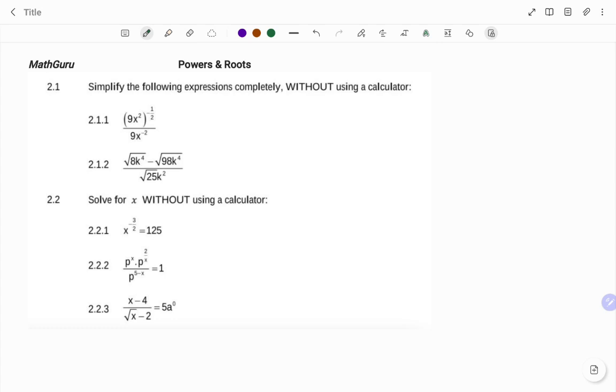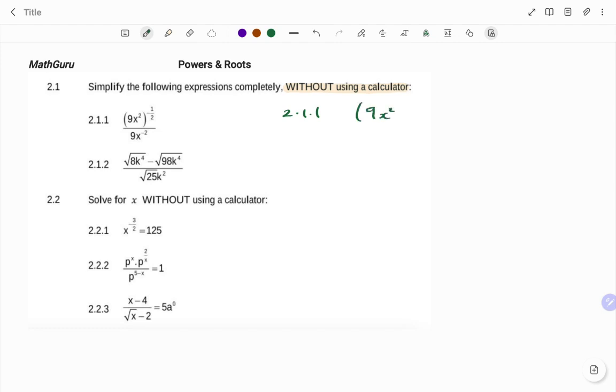We have to simplify the following expressions completely without the use of a calculator. We must take note of the statement without the use of a calculator, meaning we have to show all our steps. For 2.1.1, I start with